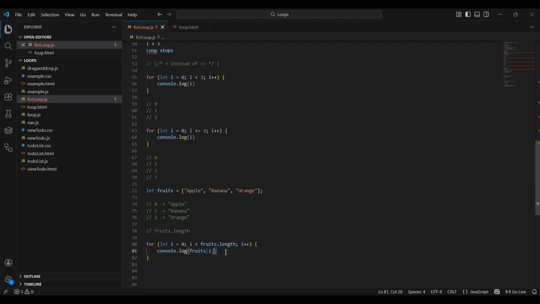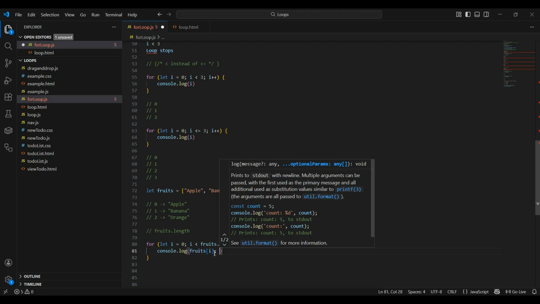Okay. So we are dealing with fruits here. So we are accessing the fruits in the array of fruits using the bracket notation and the index. This index we are using now, an array is zero based, and we are starting from zero here. So fruits bracket zero, the first one will be apple. Fruits bracket one, the second one will be, let's console it and say,